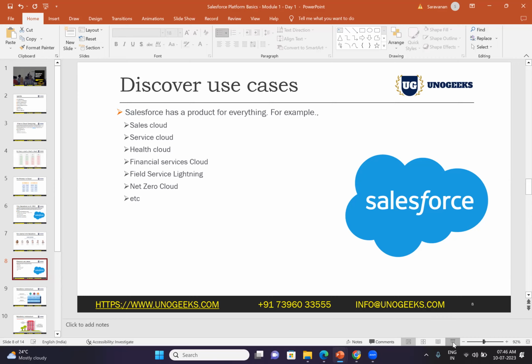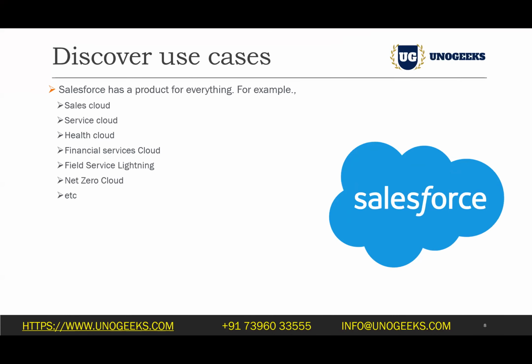So that's why Salesforce remains the number one platform. When it comes to use cases, they are into sales, service, health, financials. Financial Services Cloud has an in-depth data model. An entire bank can be automated; an entire banking system can be brought into Salesforce. Net Zero is nothing. You can see my presentation, right? Yes, yes. Net Zero is nothing but reducing carbon footprints,